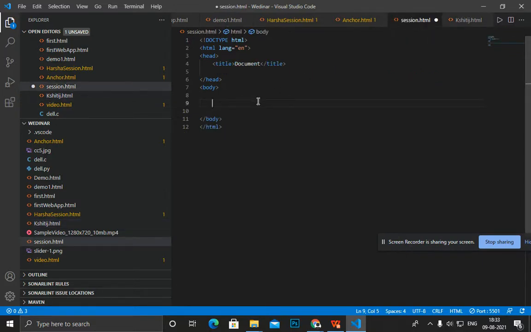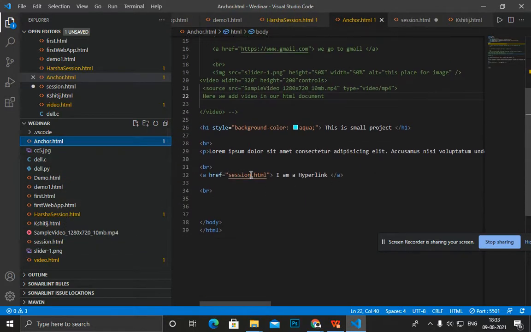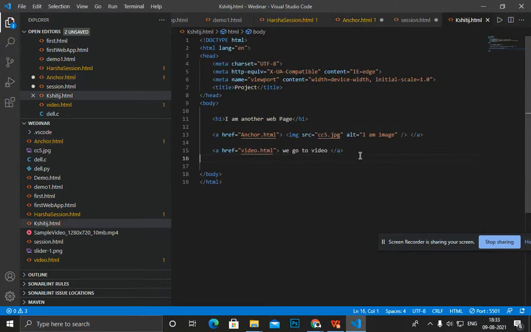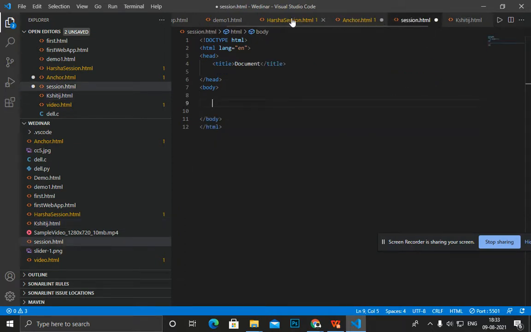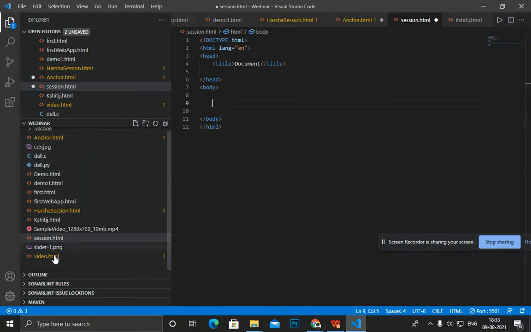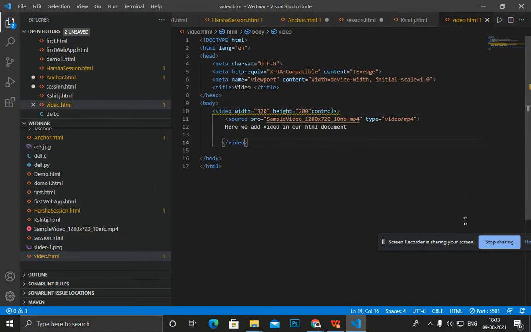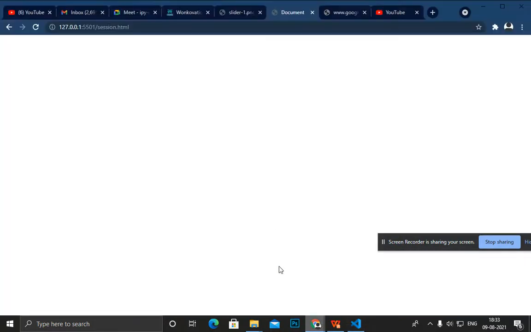In the anchor I go to html, and in html I add the video. Where is the video? The .html is okay. Now this will work perfectly.